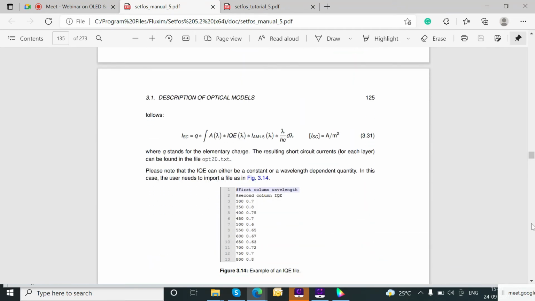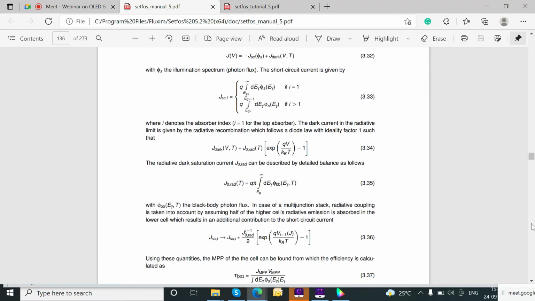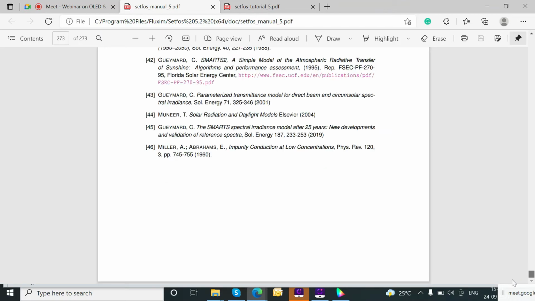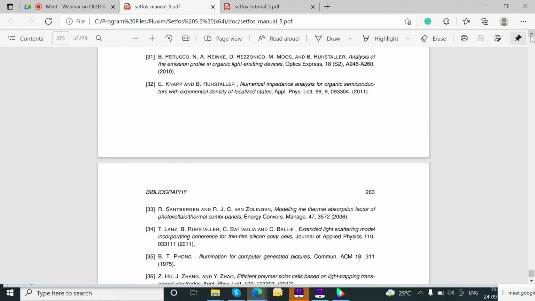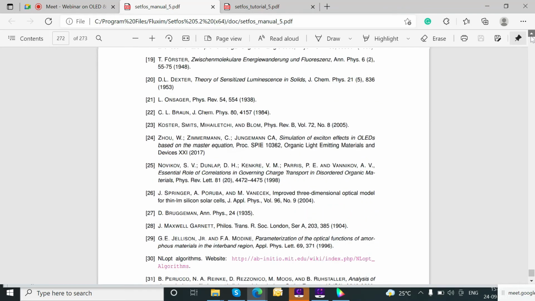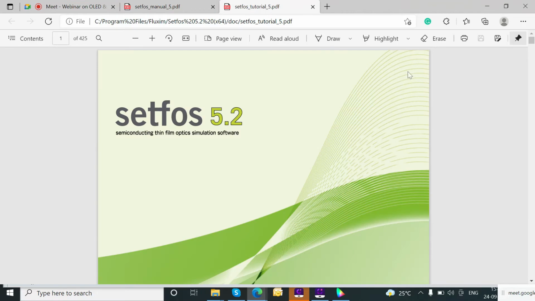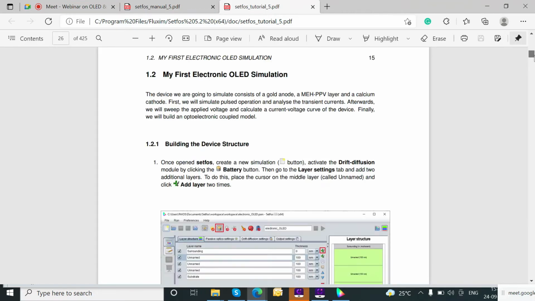Now if you go to the drop down, you can find the physical equations implemented in the software. Each equation has a reference paper. Once you go to the bibliography, you can find from which reference this equation is taken. All things are given in the tutorial page.